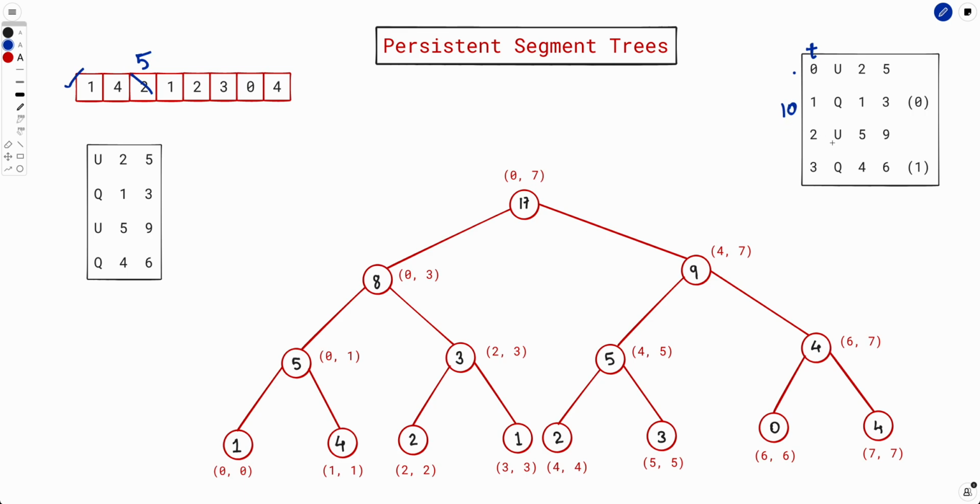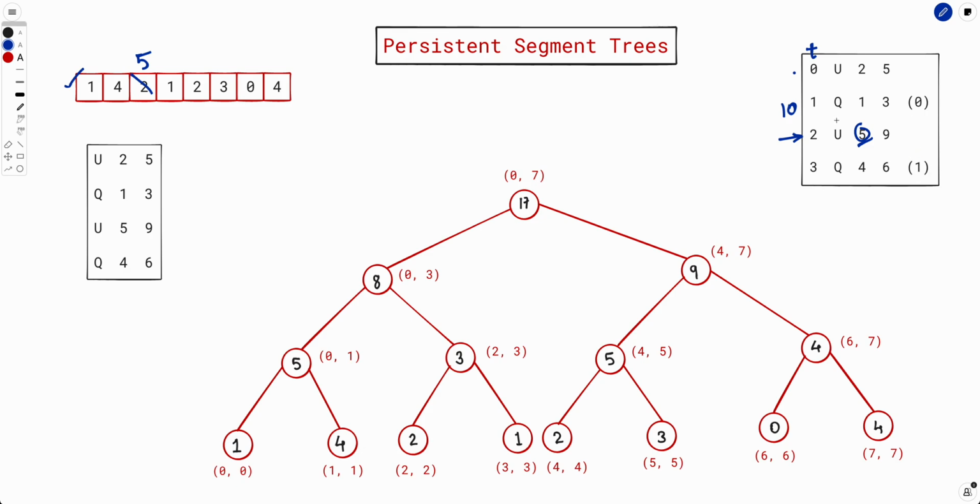Similarly, let's say again an update comes at t equals 2, which says update the 5th position to 9. But then a query comes which says I want to query at time t equals 1. So even though we have updated the 5th element, we will not consider this update at all while answering the query,